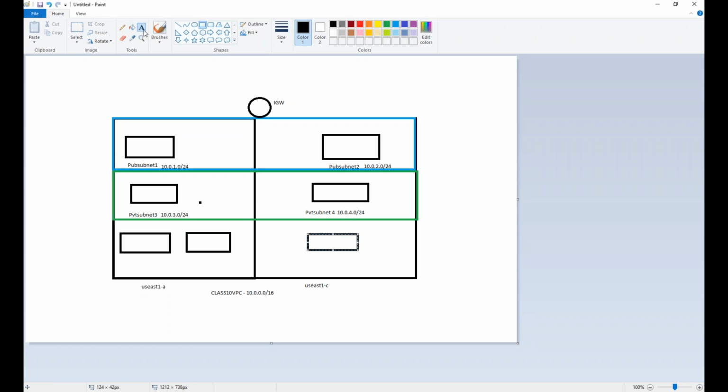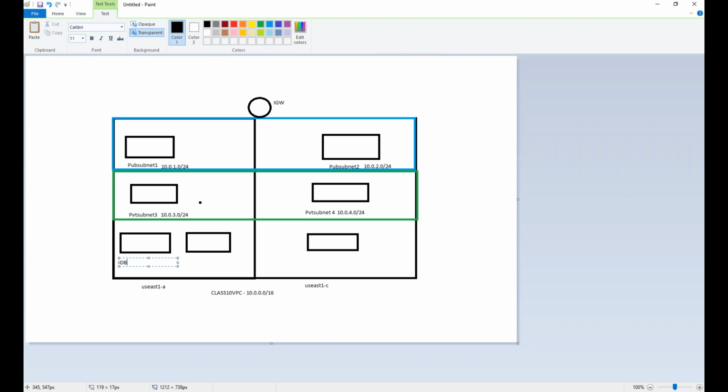You can create as many subnets as you want, but a subnet cannot span across availability zones, and you know that. So I'm going to call this DB subnet 5. The 5 I am putting is just because I wanted to use the CIDR block